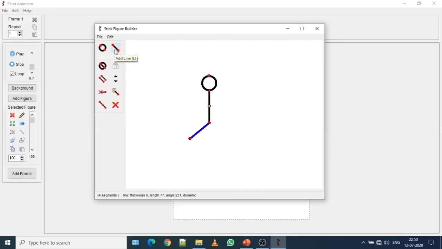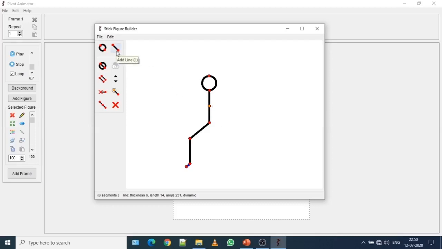Again click on it to release. Add a line once again to complete the portion of the leg. Once you find it is okay, then release it. Now the feet portion of the stickman. So let me take this foot to this size. Once again release. So this is done on the one part of the body.